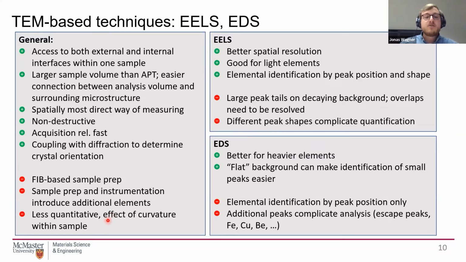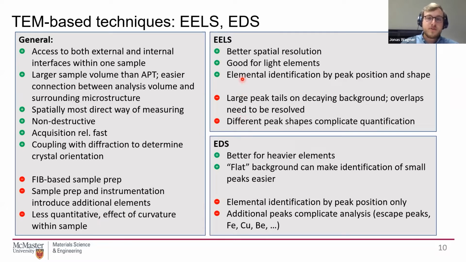Then in general, I would say those techniques are less quantitative for analyzing enriched interfaces, because in the end, how sharp you see your peak in the elemental profile you do across the interface will ultimately depend on the curvature of the interface within your sample. Of course, going thinner will help, but in a real world sample, like a polycrystalline sample, you will always have some kind of curvature. So comparing sample to sample and relating that back to, for example, different annealing conditions can be tricky.